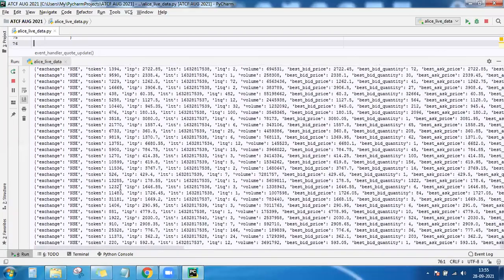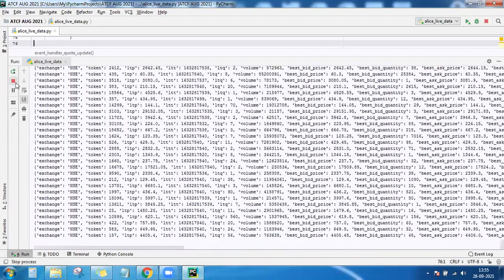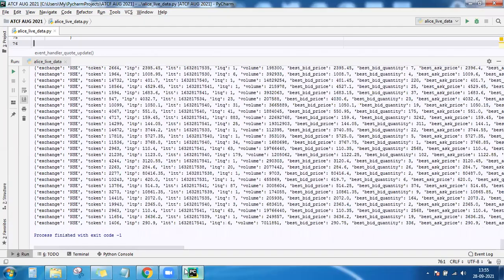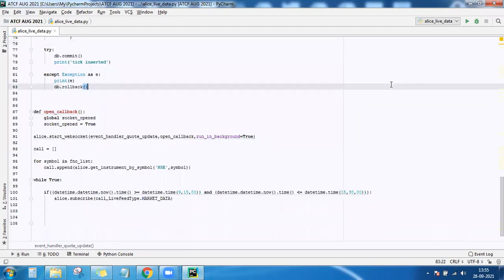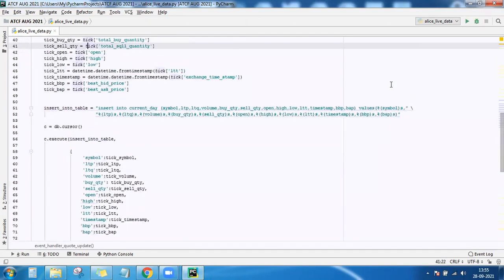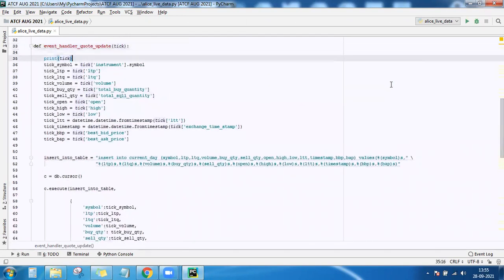You are getting the data, but I think it is not inserted into the database. No, it is not. That means there is some error. That's the problem. It doesn't throw what the error is. So ticks are being printed.